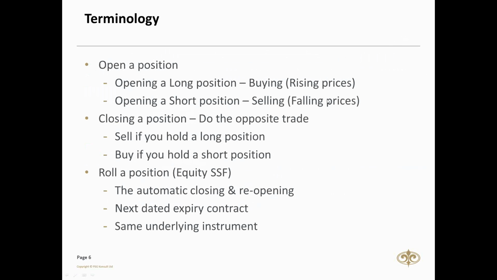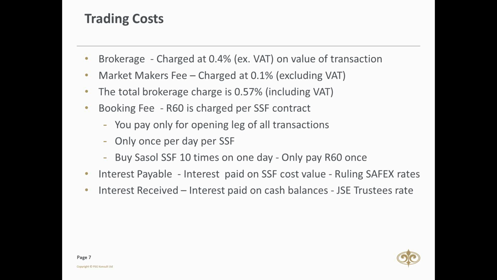If I'm putting down a 15% deposit, I'm borrowing the other 85%. And obviously the market makers, the Macquaries, the Rand Merchant Banks, these are all market makers, the bankers are making the market and lending the other 85%. So there's interest payable on the cost value of the transaction. It's roughly what they call SAFEX rates, call it prime less 2. Obviously a bit better when it comes to single stock futures because of the market makers. On the deposit you're putting down, you also receive interest. So just understand that there are costs involved, and there's also interest payable.